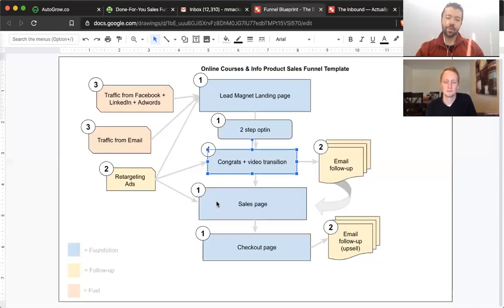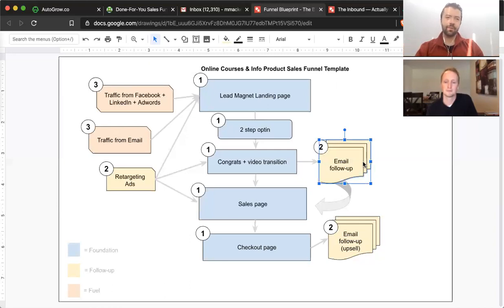If you're combining these two steps, the retargeting ads would bring them back to the sales page and/or the congrats transition page, however you want to divide that up. Email follow-up as well to further nurture, educate, give value, remind people to consume your lead magnet. Simply by getting more people to click to consume your lead magnet, that's often a very overlooked opportunity in a